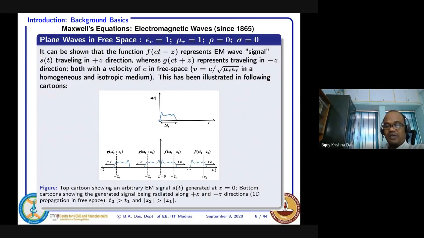Okay, it is free space we are considering. Similarly, from that source, this disturbance also can travel in the negative direction. We are only considering one dimension, positive or negative. So when it is moving at any position, if I want to find out the value, we just put the coordinate into that function. You see the shape is moving in both directions. So one is the so-called wave traveling in the positive direction and the other traveling in the negative direction.